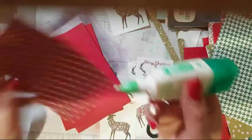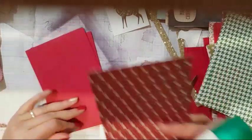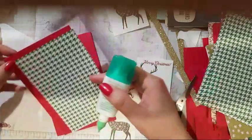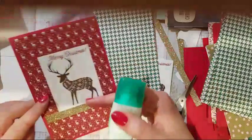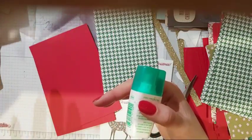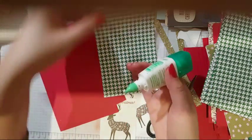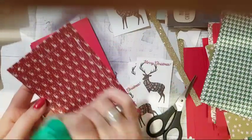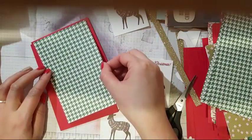The DSP looks cherry. Yes, the cherry cobbler. No, this is real red, and then the DSP is cherry cobbler. Yeah. Oh well, I've cut them out now, I'm afraid, so they're going to have to stay. I cut 60 bases yesterday, so...